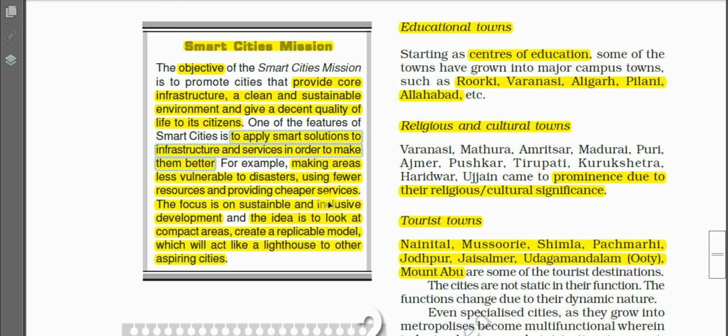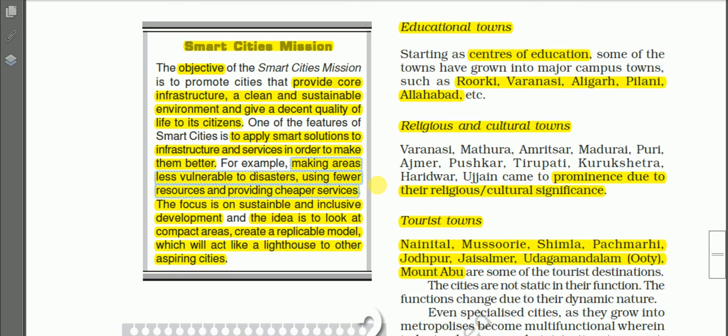For example, making areas less vulnerable to disaster. This is a type of smart solution to the infrastructure. Using fewer resources, that is conservation, related to sustainable development, and providing cheaper services to